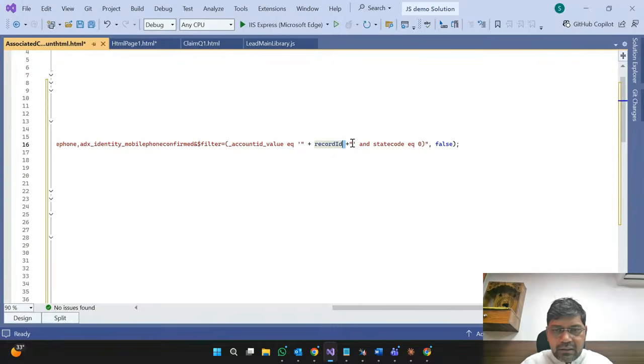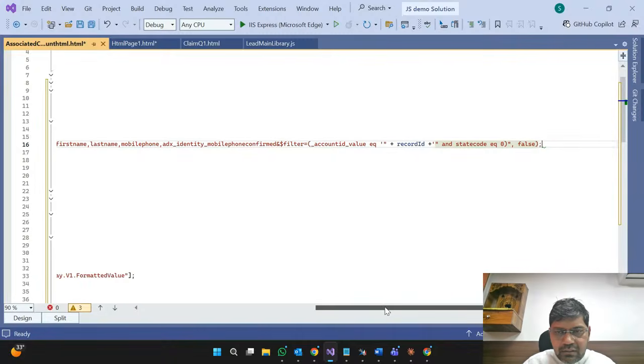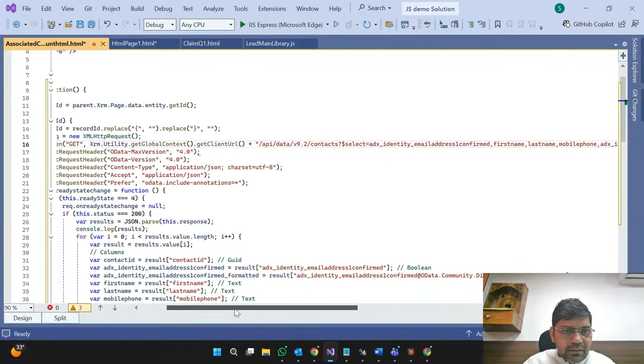Let's see whether it requires single or double quotes or not. It's required. Why? Because it is a string. Okay. It is showing some error here. So let's utilize